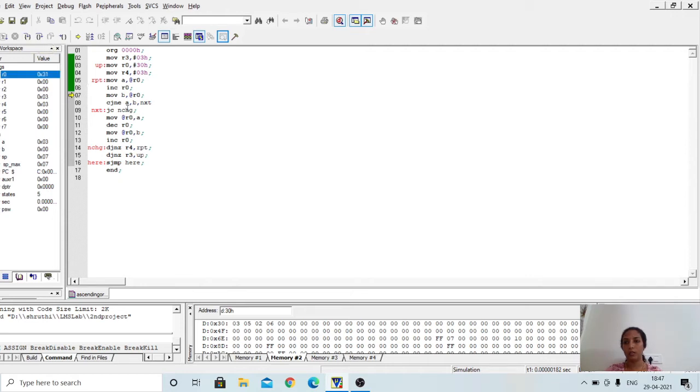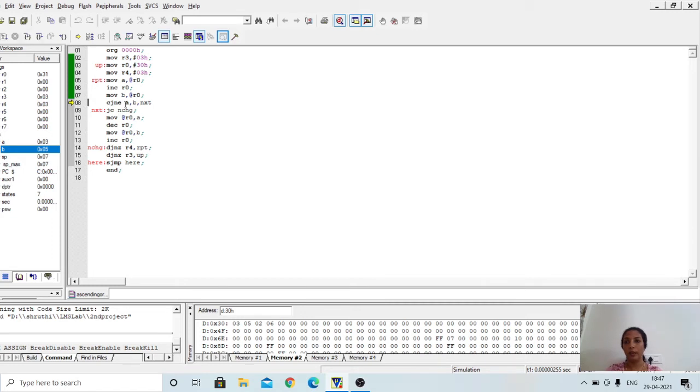So to copy the content of the next location, you have to increment R0. So R0, upon incrementing, becomes 31H. So the content at 31H location is copied to B register. So it becomes 5.